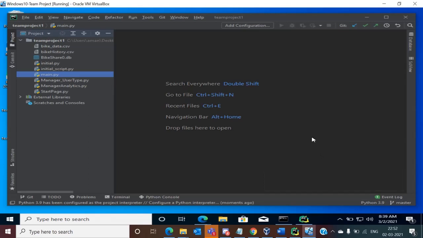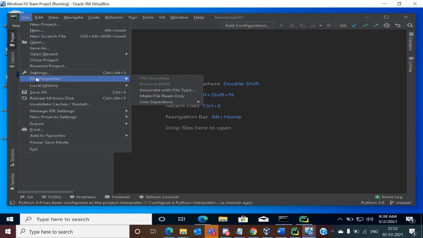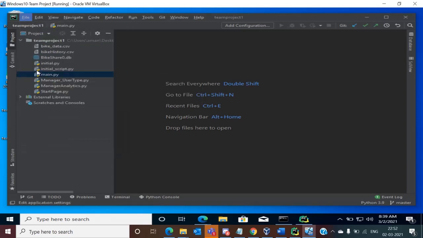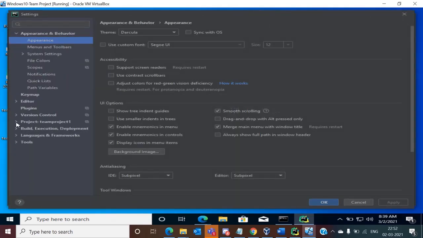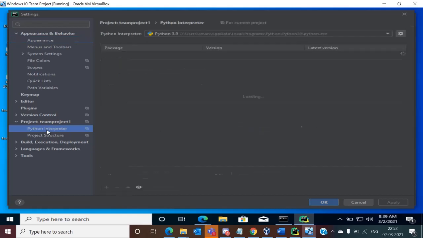While the project is loading properly, if we want, we can change the project interpreter. In order to do so, click on File, go to Settings, go to Project, Team Project is my project name, go to Python Interpreter.